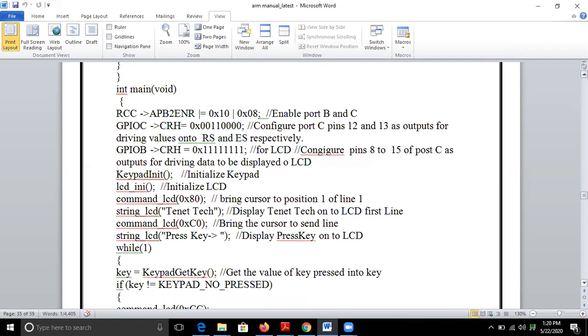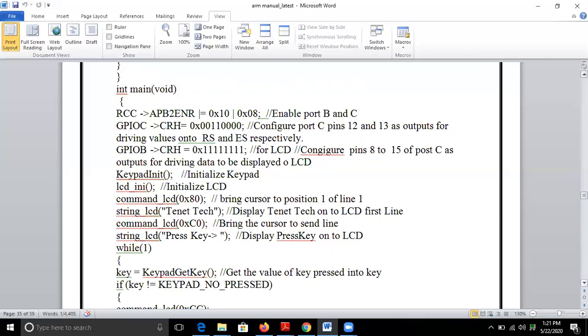Next, we are calling the keypad_init function, which is written in the header file. It will initialize the keypad. Then you are calling LCD_INI to initialize the LCD. This function we have already discussed. Command_LCD 0x80 will bring the cursor to position 1 of line 1 again, and then you send the string that you want to display.